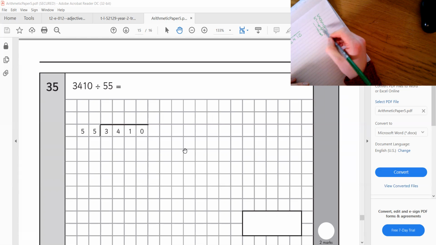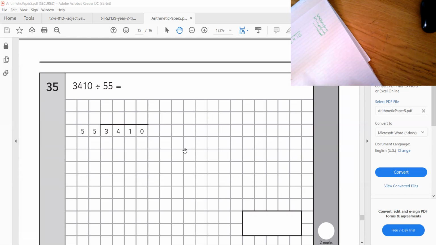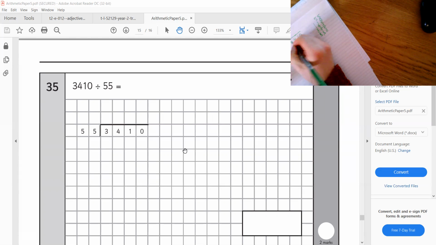Another one, 10, 17, 18, 19, 20, 21, 22. Yeah, I did that right. So 1, 2, 3, 4, 5, 6. I've done 6 times 55 there. Hopefully that should be enough. So 55s into 3 don't go. 55s into 34 don't go. 55s into